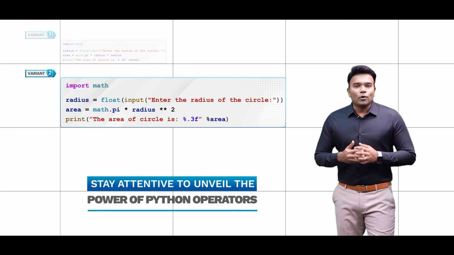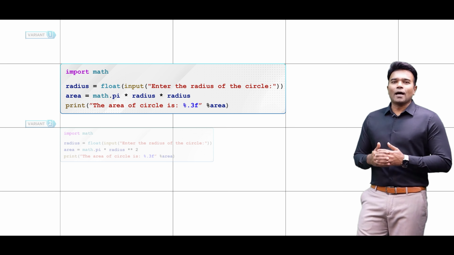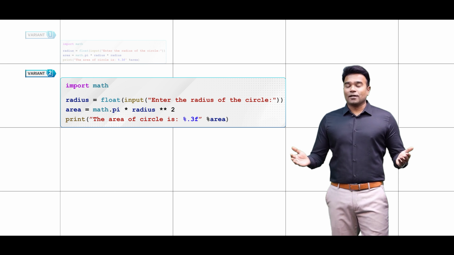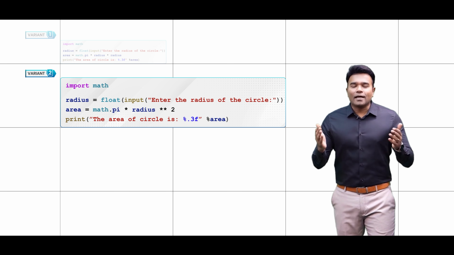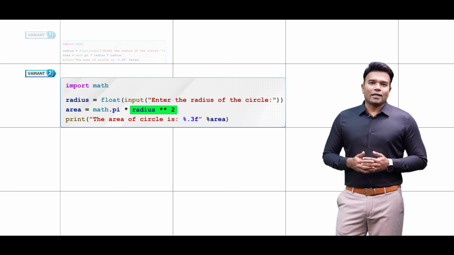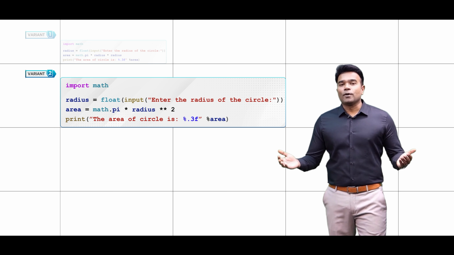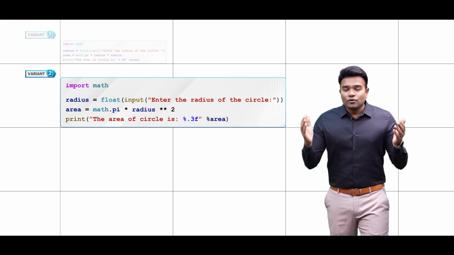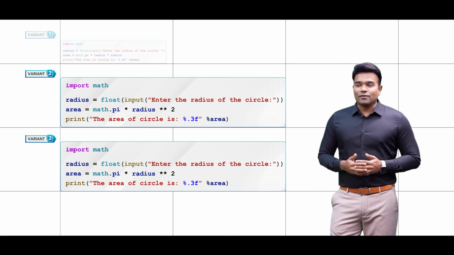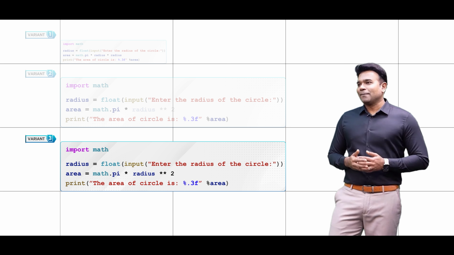But all that I wanted to say is that in this version you had coded the formula pi r square by coding it as radius star radius, and in this version, instead of coding it as radius star radius, I have coded it as radius star star 2, which means it is radius to the power 2. Hope I am completely clear with this. Now that you have understood the second variant of the code, let me give you one more variant. Well, I'll take a copy of the second variant, and here this radius star star 2 I can be eliminating, and